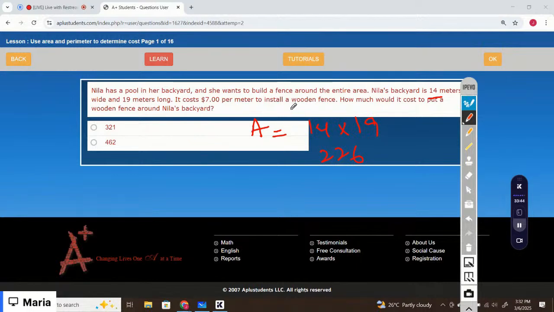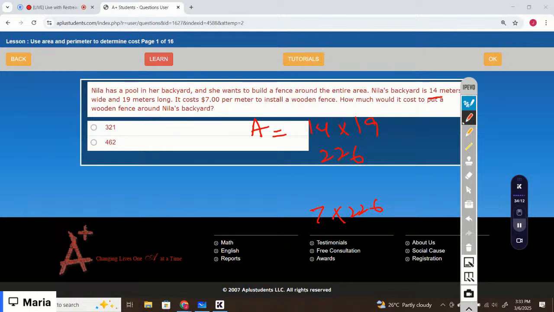Now you have to calculate the fence per meter, that is 7 per meter. So now you have to calculate the